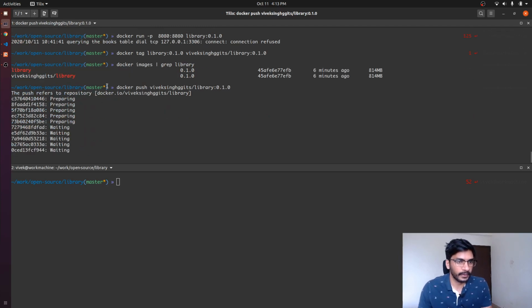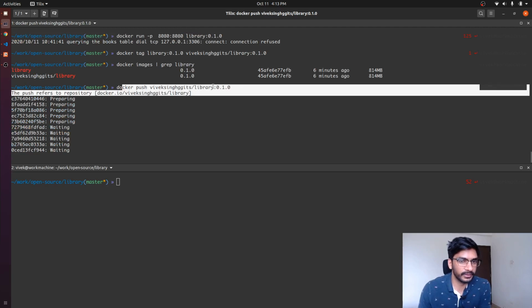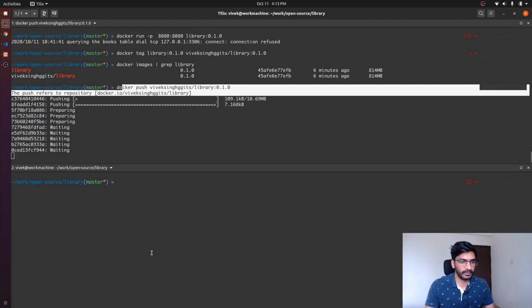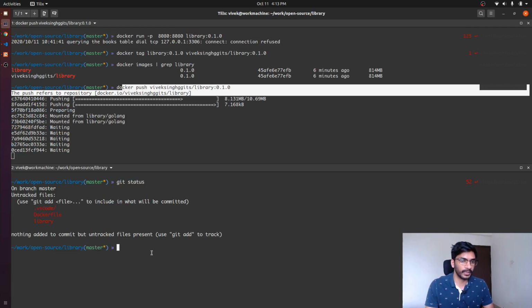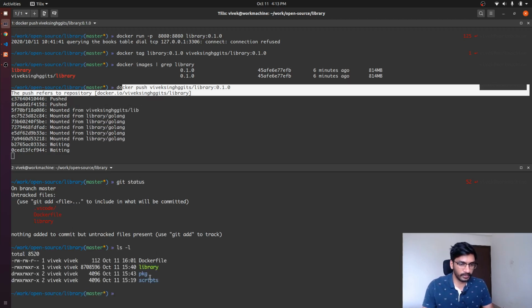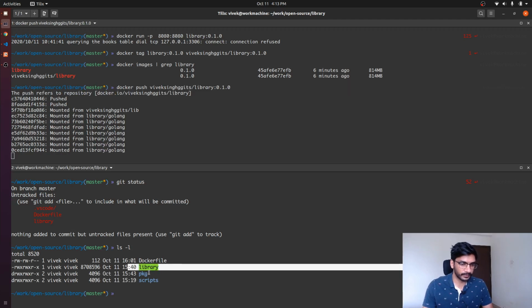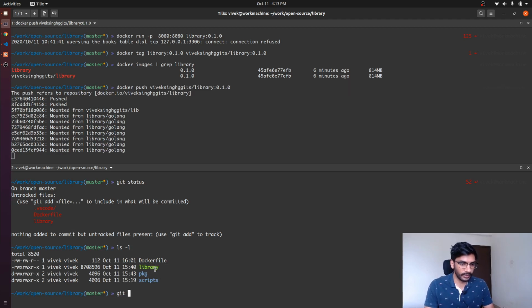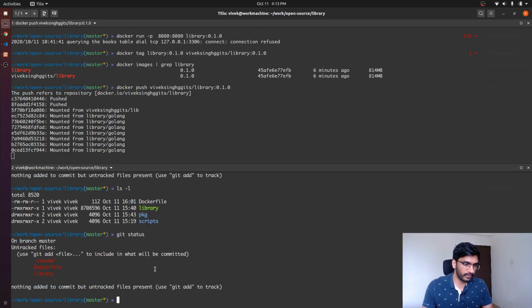Right. So yeah, while this image is being pushed into Docker Hub, we can go ahead and try to push our progress into the GitHub repository. So obviously we don't want to push this binary, but we have to push the Dockerfile, right?